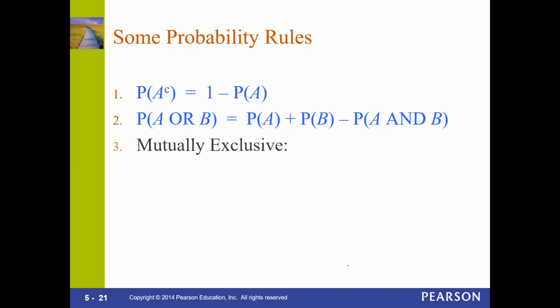Remember it. We also talked about mutually exclusive. But this is what happens: whenever it's mutually exclusive, you don't have the second part because P of A and B will be 0. This is what you have. Okay, this is the new way to put the probability of A or B if you are mutually exclusive, because P of A and B is equal to 0.